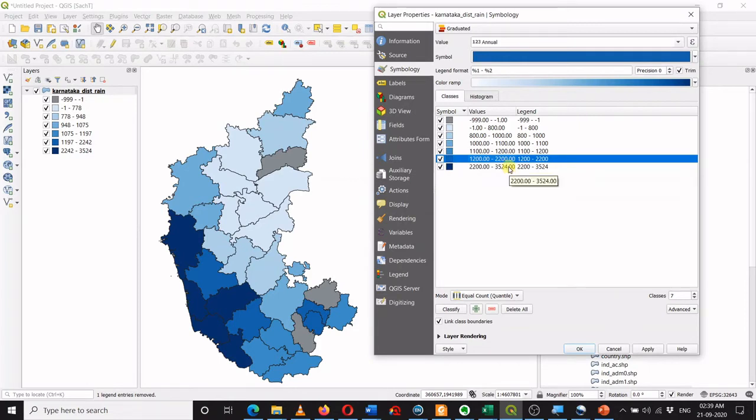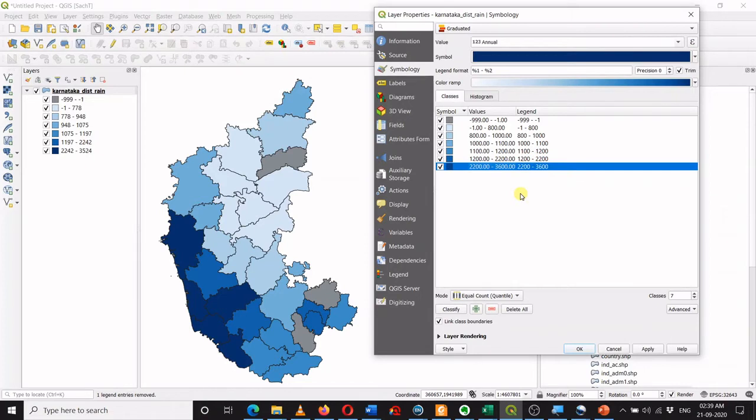But I do not want this to appear as a random value, so I can change it to 3600 mm. So this is how I will get this classification, and this is how I can see all these things.